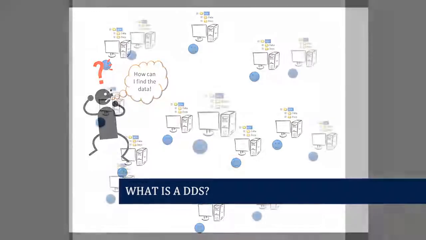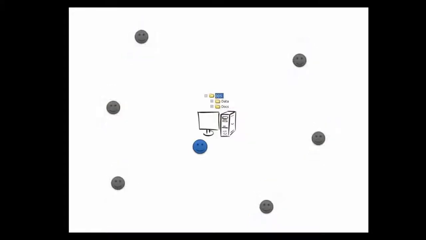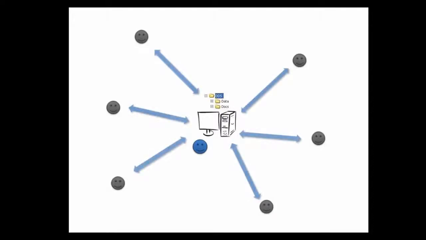What is a DDS? A DDS is a central storage area for project data and documentation. So instead of the data and documents being divided among the researchers and no one really being sure what is where and which is the most up-to-date, everything is stored centrally and all project members have access. This doesn't stop a researcher taking a copy of part of the data to work on separately, as long as they know that any updates must be made to the central store.